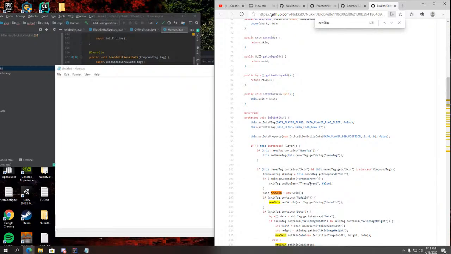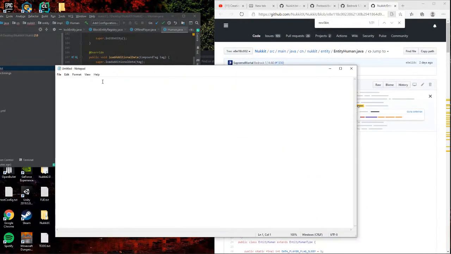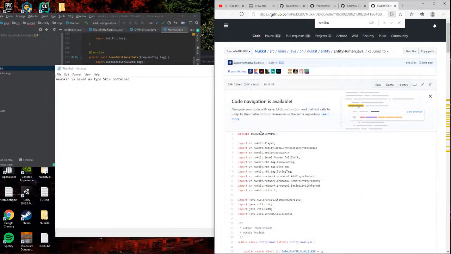All right, so skin. Where's the skin? Yep, right there.